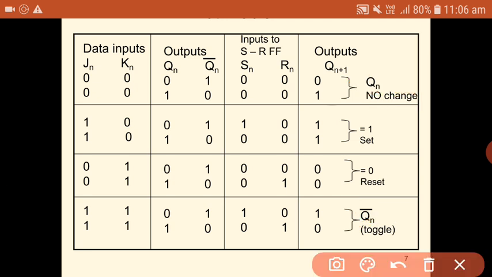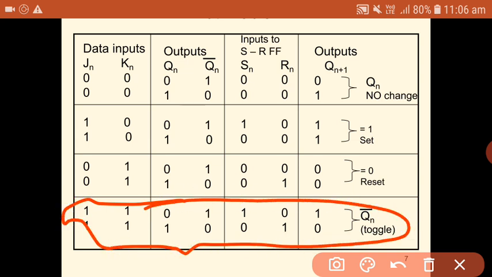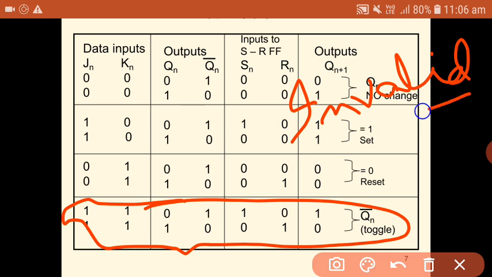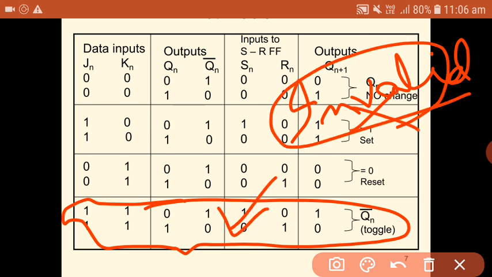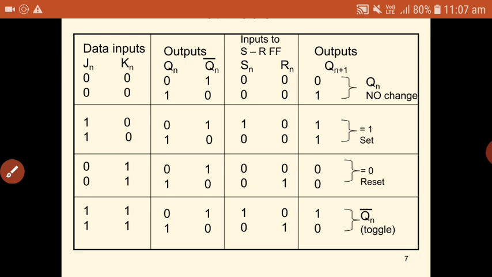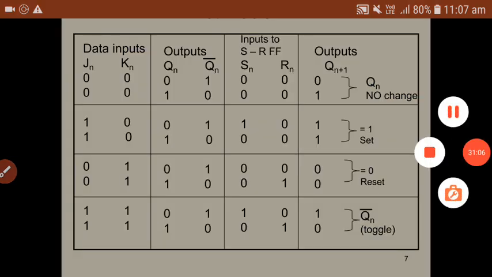So if you observe, this combination is not defined in the SR flip flop. When S is equal to 1 and R is equal to 1, which is nothing but an invalid combination, invalid input, that can be overcome with the help of the JK flip flop. That means the J is equal to 1 and K is equal to 1 combination of inputs to the JK flip flop is defined. It is not invalid, it is defined, like Qn plus 1 is equal to Qn bar. The present output will be equal to the complement of the previous output, that is in toggle state. So this is the total overall truth table of the JK flip flop.